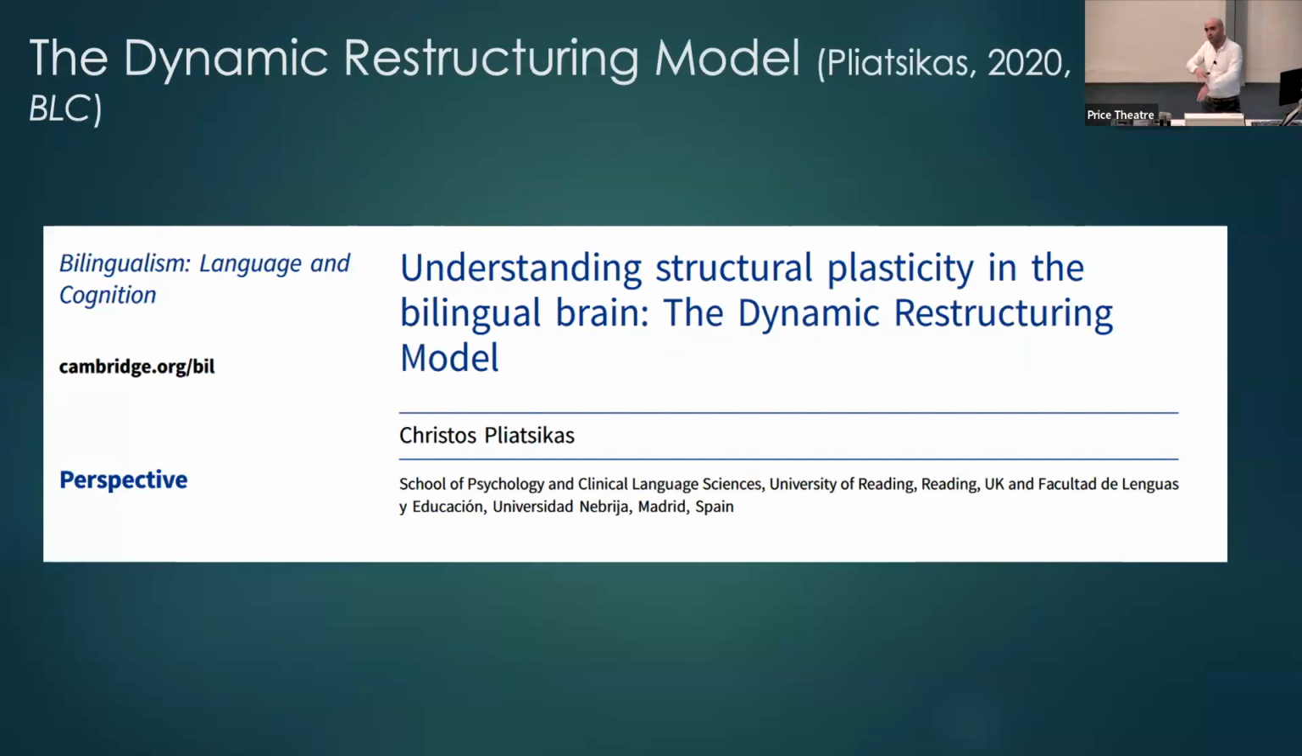Taking all of this together, the previous hazy sort of evidence and some newer evidence that we produced, I came up with a model trying to bring order to the chaos that I was talking about, which I called the Dynamic Restructuring Model, in the paper Understanding Structural Plasticity in the Bilingual Brain. So very briefly,